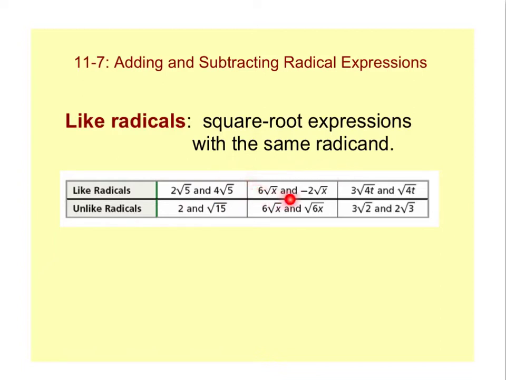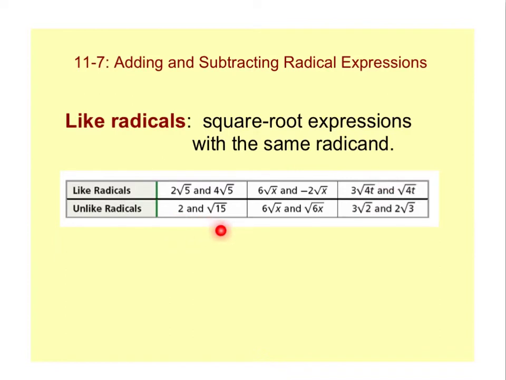For the 6 and the square root of x and the negative 2 times the square root of x, same thing. Same information underneath the radical sign. And again, for 3 times the square root of 4t and the square root of 4t, same number under the radical sign. For our unlike radicals, you'll notice in the first example that 2 and the square root of 15